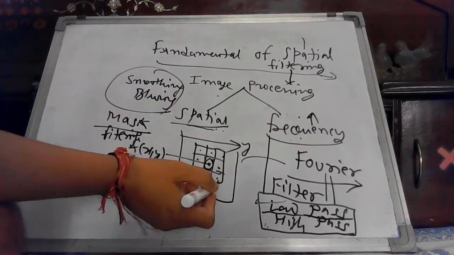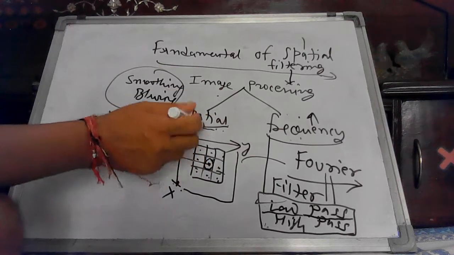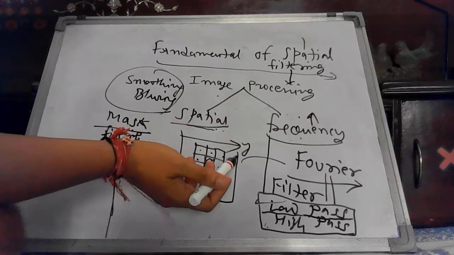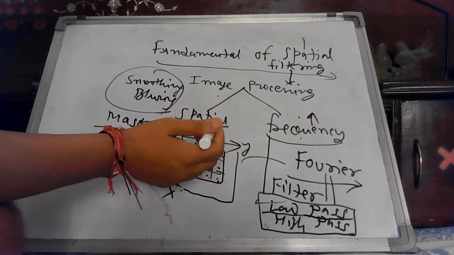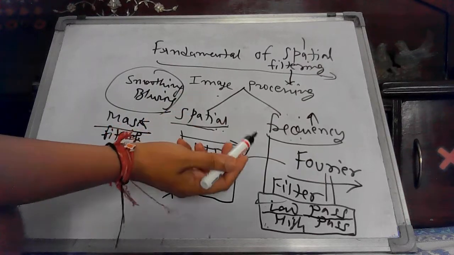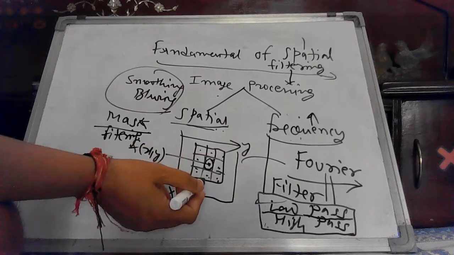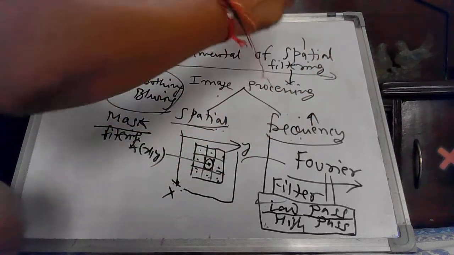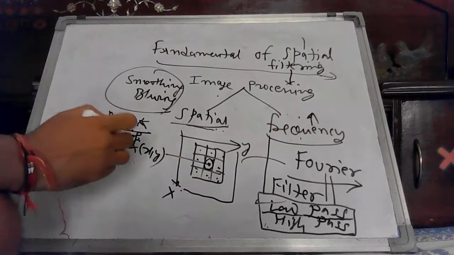So filtering is a direct term which is coming from the frequency domain, but we will see how filters, mask, kernel are the same terms for one thing. Masking, filters, kernel, template, people may refer to one thing in different ways. Fine. So if you are processing your image in the image plane, we will discuss right now how to process our image using a mask in the spatial domain. I hope things are clear.